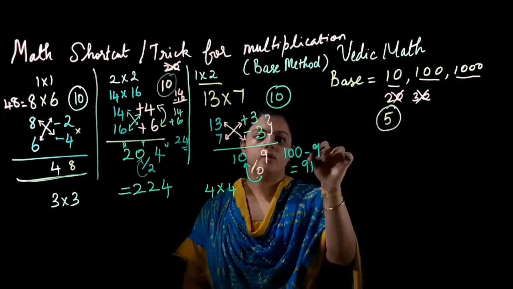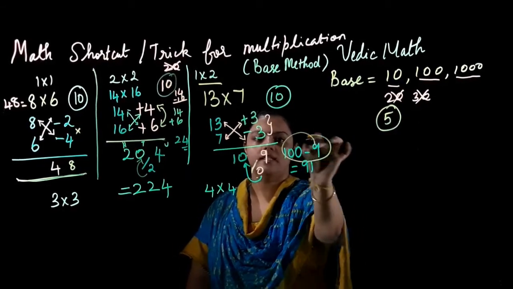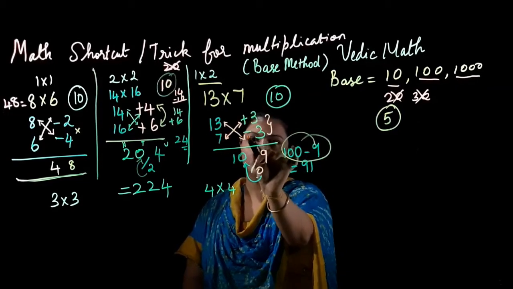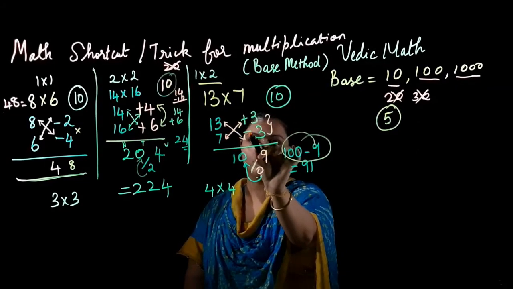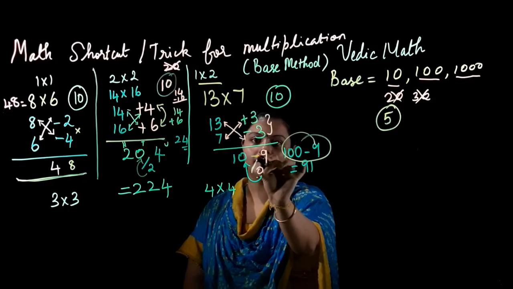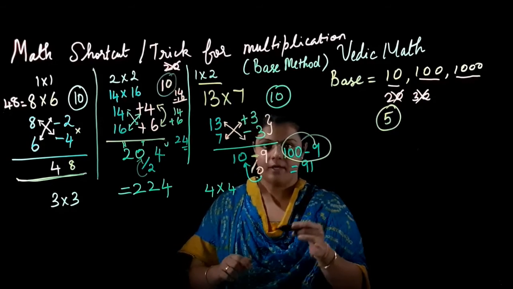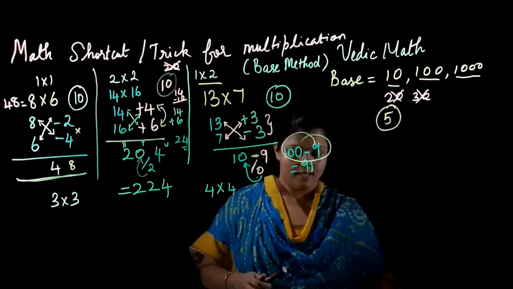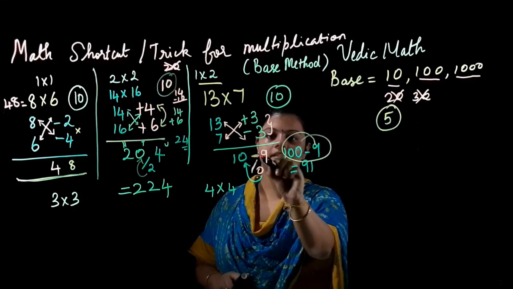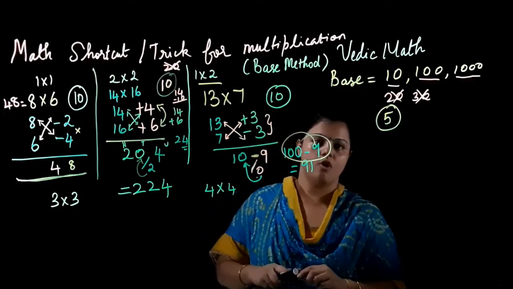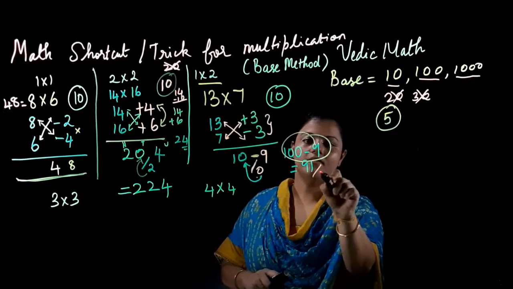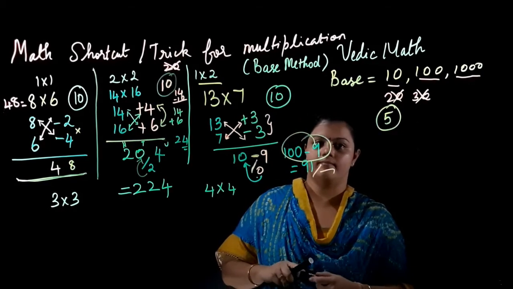Now you would ask me the question, how ma'am did you get this 100 minus 9? See here, I told these two numbers. If it is plus into plus, it is going to be plus. Here it is plus into minus, which will be a minus sign. Because I have a minus sign there, plus into minus is going to be minus. I have brought this minus sign here, and that sign is what is carried forward, and it is getting converted as 100 minus 9 and giving the answer as 91.